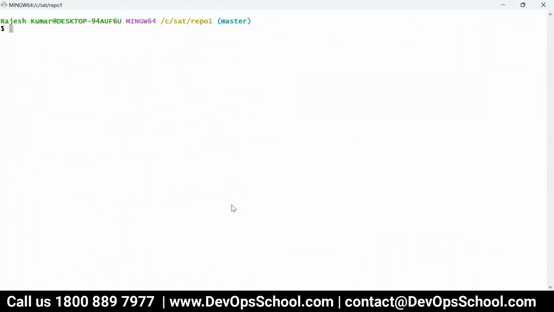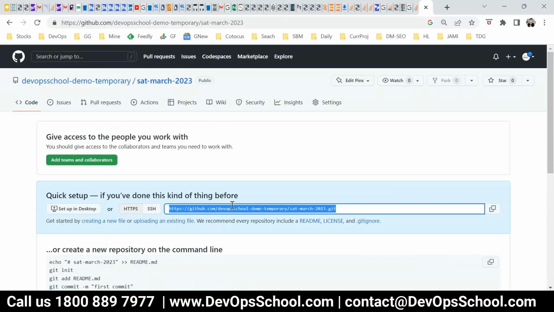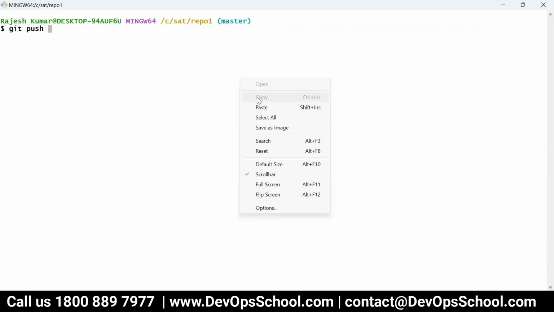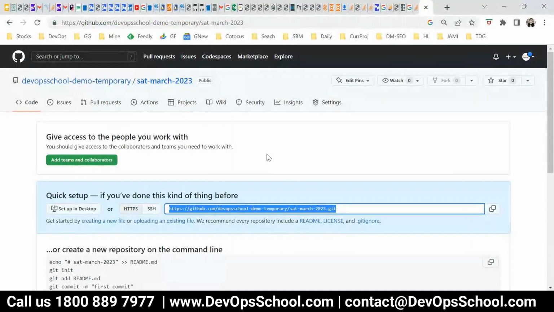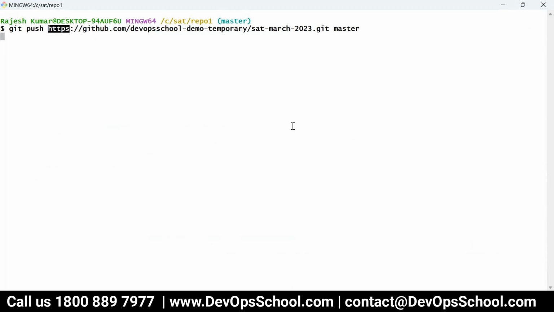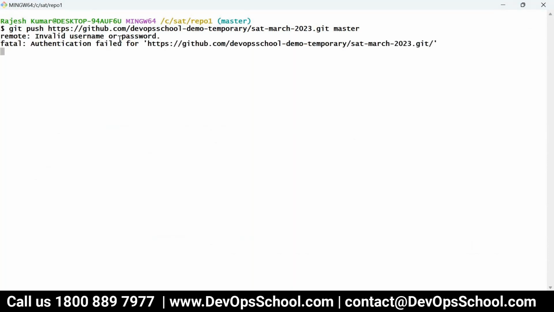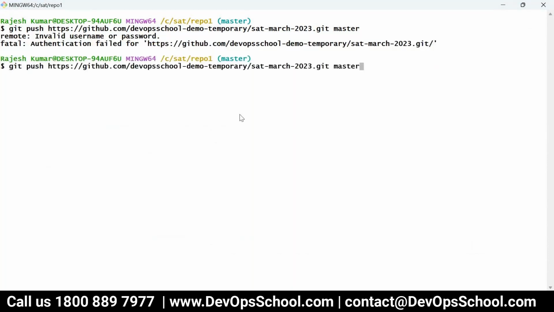What I want to do is git push. Where? Remember push and pull. I want to push it to here. Copy, paste it. And which branch? Master branch. Remember, with the HTTPS protocol, it will prompt you for the user ID and the token, not a password. This password is different from the token. I'll show you how to get the token. It will prompt you with some options. My system is a little slow, so bear with it. And if it shows some error, no problem, rerun it one more time.